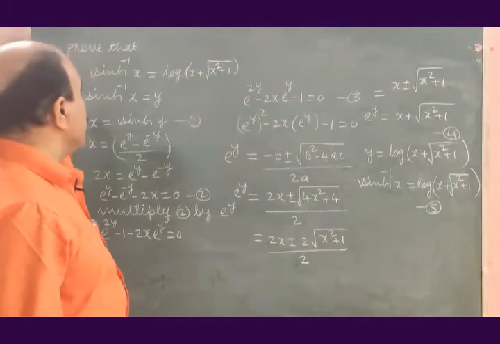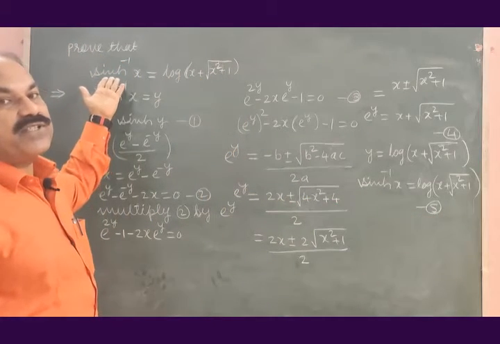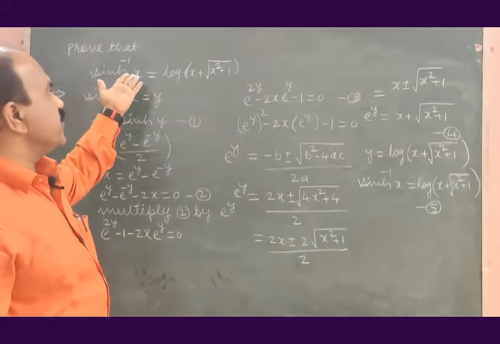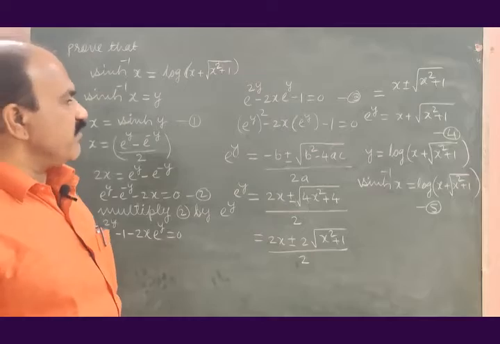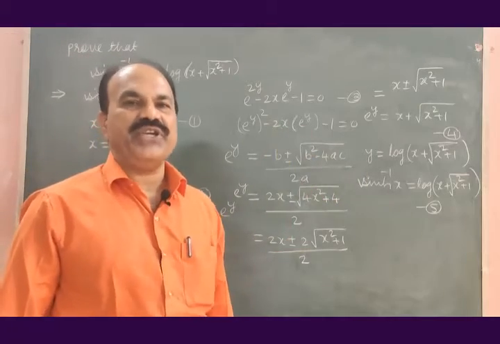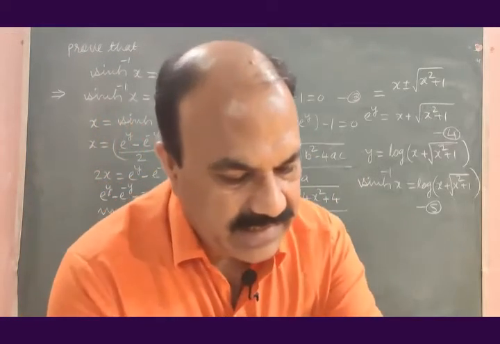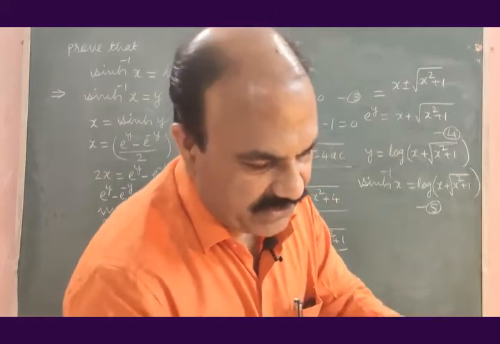Okay, so inverse sine hyperbolic x is equal to log of x plus square root of x square plus 1 is proved here. The second problem is,